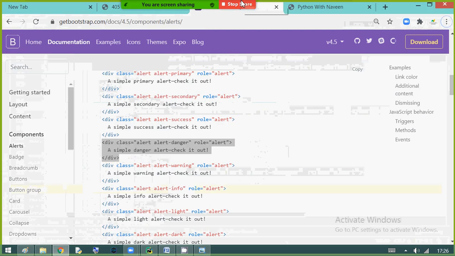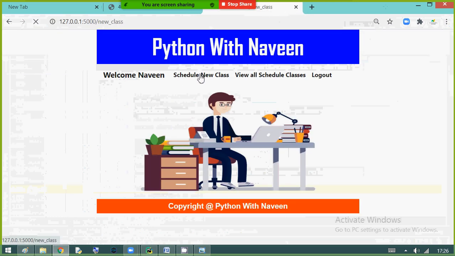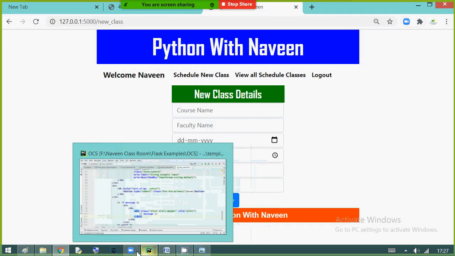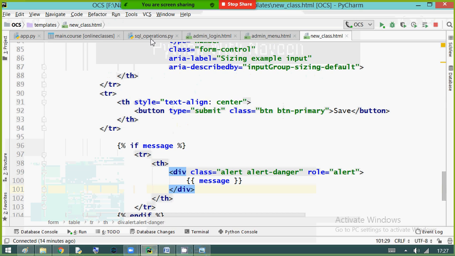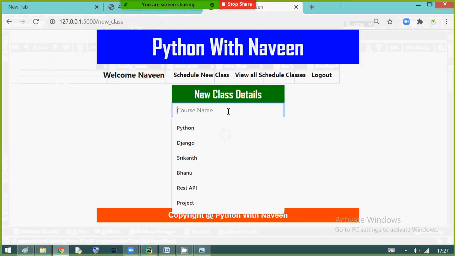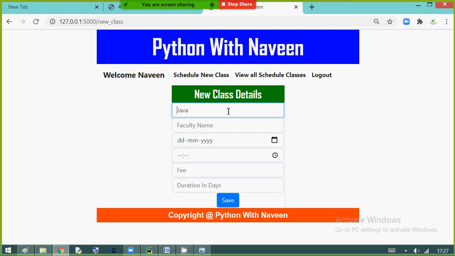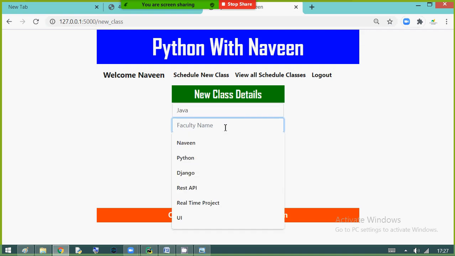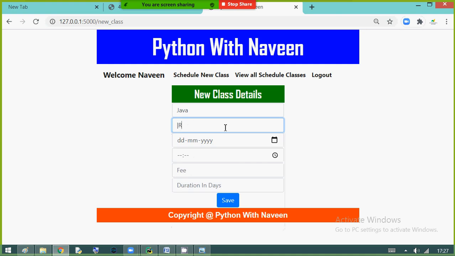Now let's re-observe the program. What records are inserted as of now into the database? Only two records. Now a course like Java, faculty name Mr. Ravi. Same again, date, month, year, 11.